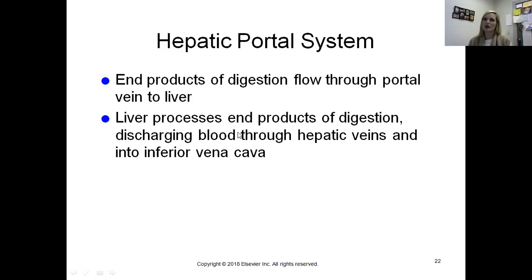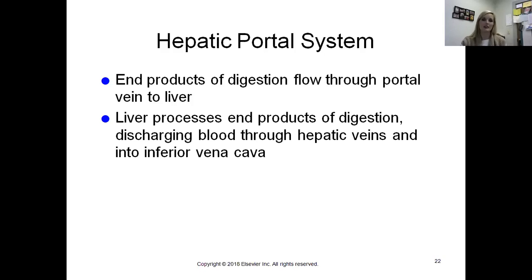So again, when I say end products, I mean carbs will be broken down into glucose, fats are broken down into fatty acids, proteins are broken down into amino acids, and all of these things will go through the vein into the liver, and the liver will process these end products of digestion, discharging blood through hepatic veins and into the vena cava, so that they're processed and we're able to put these into our circulatory system. So that's what I mean by the hepatic portal system, that these end products of digestion are actually going to